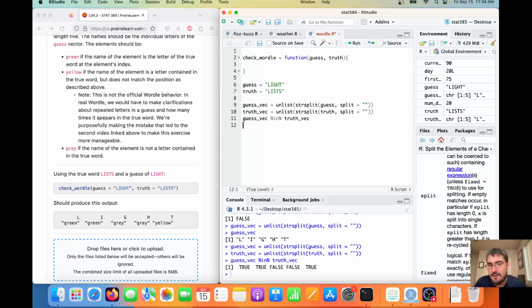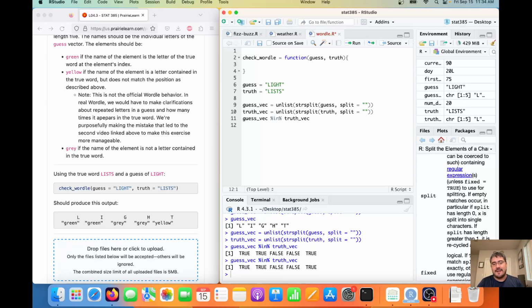Okay, so I have my guessVec and my truthVec, and I've taken the length 1 character strings and split them into a length 5 character vector, getting it into vector form, not in a list. And then using this %in% function, I can get the indexes of guessVec which appear in truthVec at some place. Okay, so now what I can do is create a new vector,